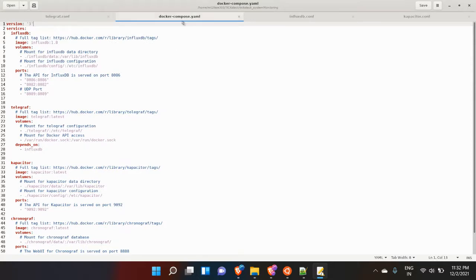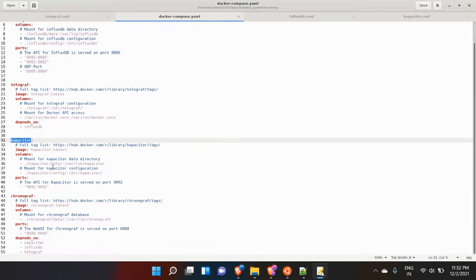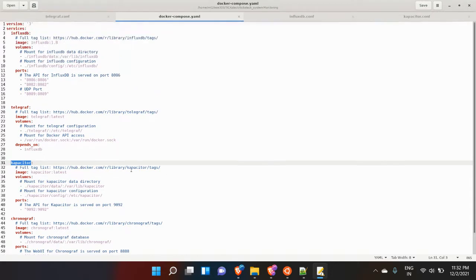As you can see, in the Docker Compose YAML file, we have defined all the services including Telegraf, InfluxDB, Chronograf, and Kapacitor, which are required for the successful running of TickStack. When it comes to Telegraf, we pulled the latest image from Docker Hub, and our Telegraf essentially connects an application and the InfluxDB. It collects the metrics from an application.